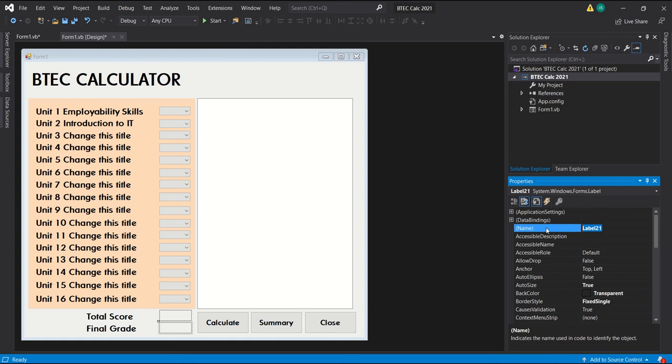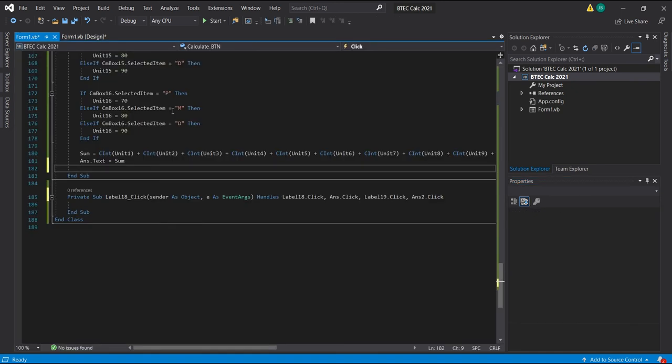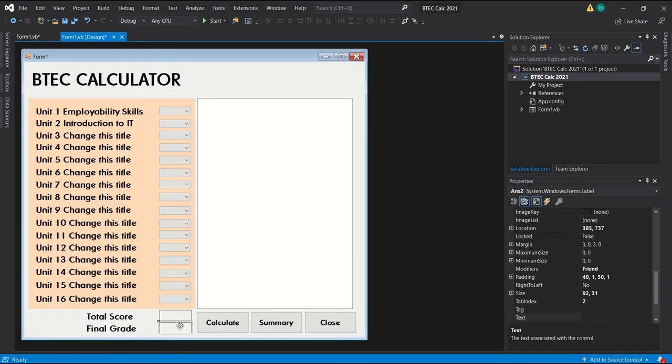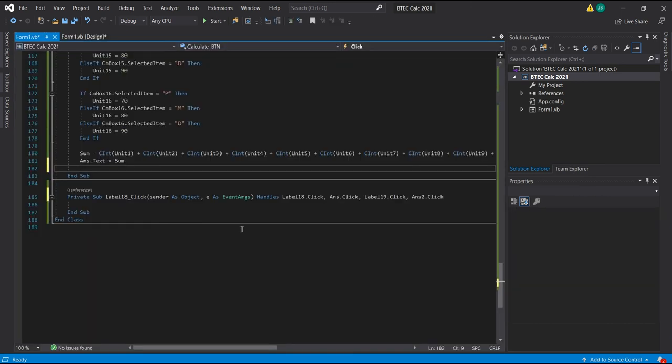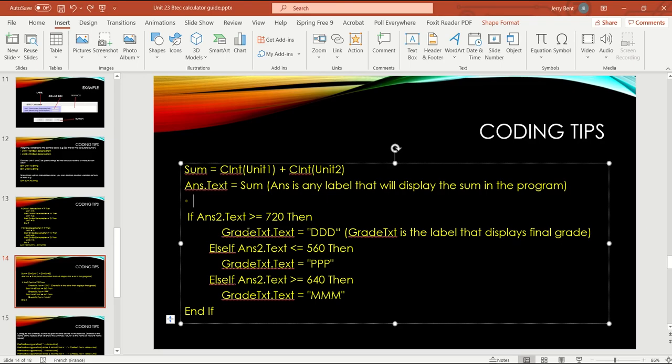I could have named it final grade, which would have been a better name for it. So answer 2 is the second one. So what you have here is answer 1 and answer 2. So for answer 2, according to the guide, what you have is, if answer 2 is greater than or equals to 720, then grade